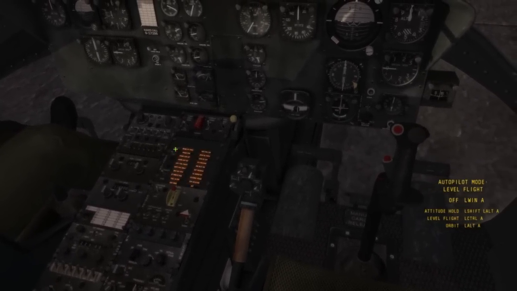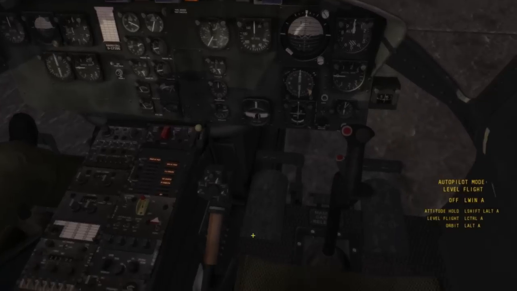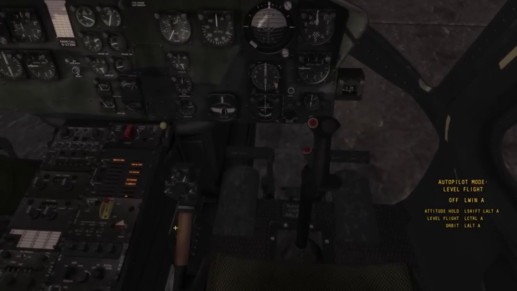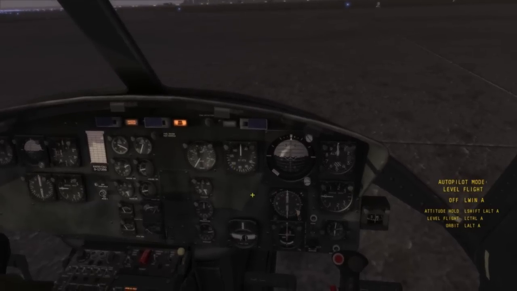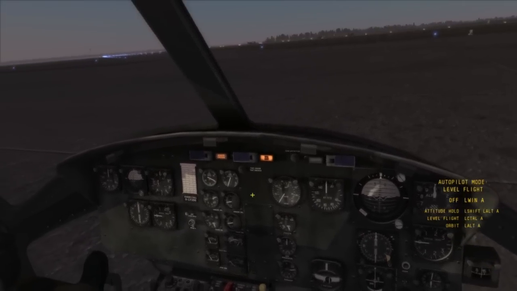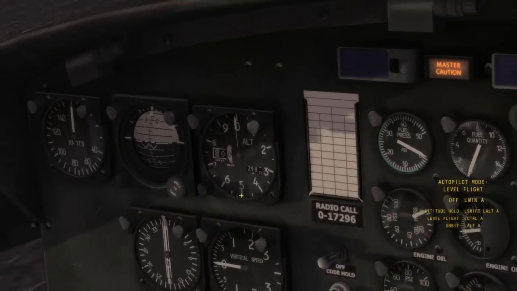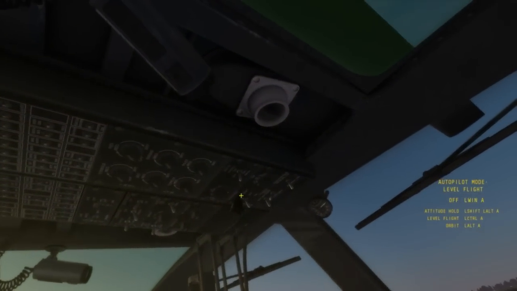Now that annoying alarm there is the rotor RPM, so at this point I actually didn't know how to turn it off, but I will at some point. So just going through the startup, you can see I think the lighting effects are actually changed. They seem different to a previous patch, but I haven't read anything about that, so I'm not sure if it was make-believe or what, but